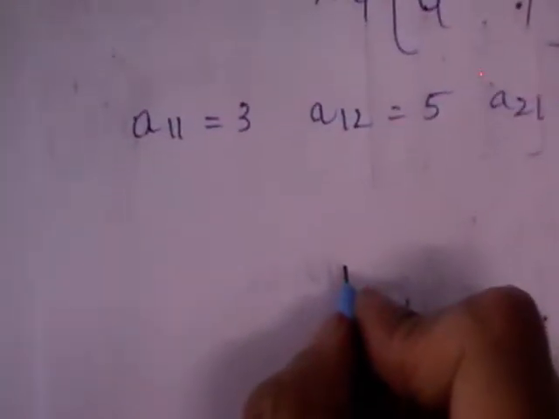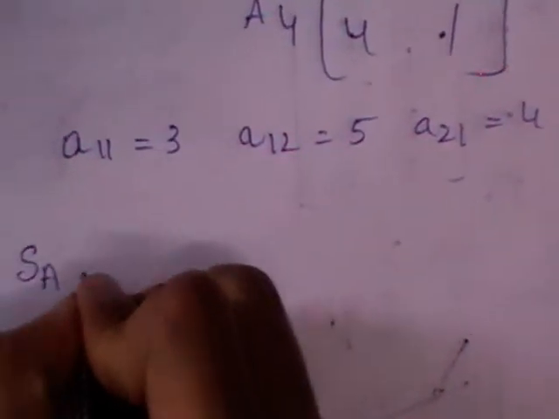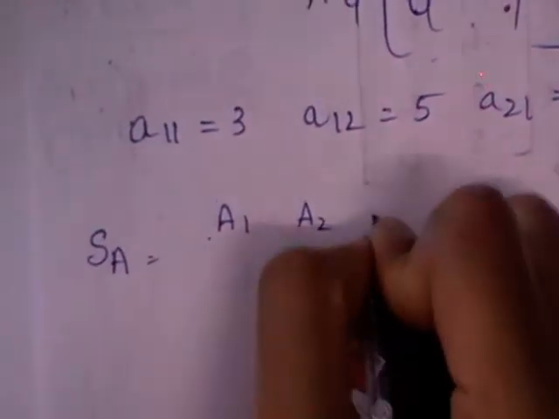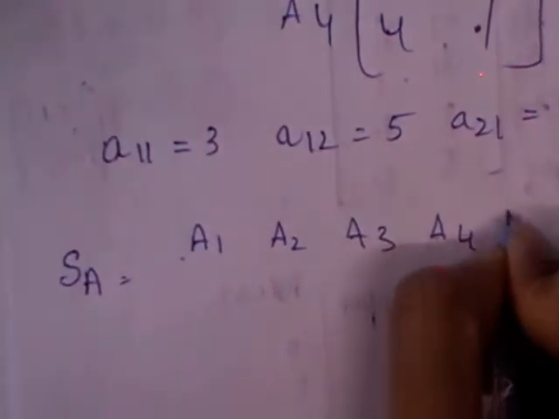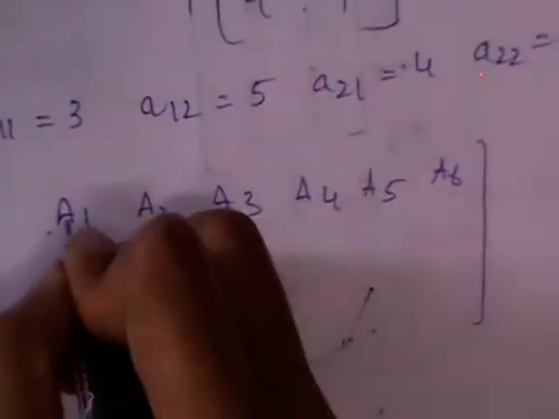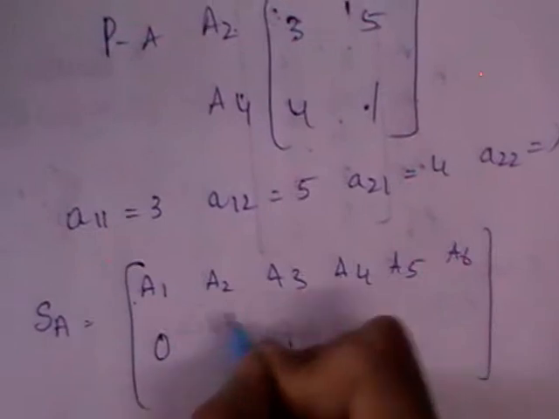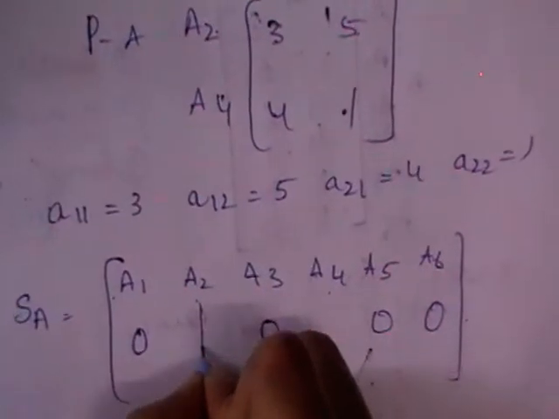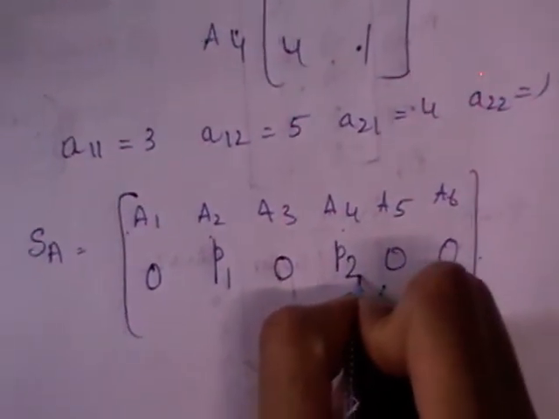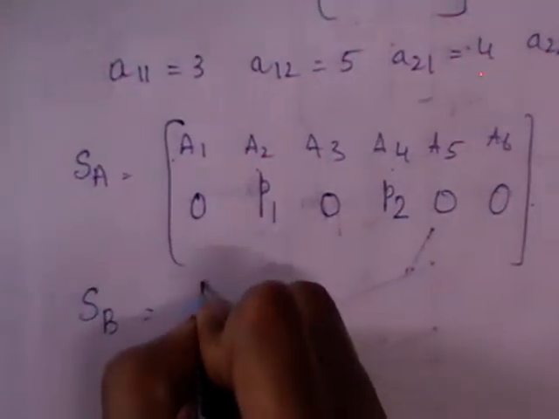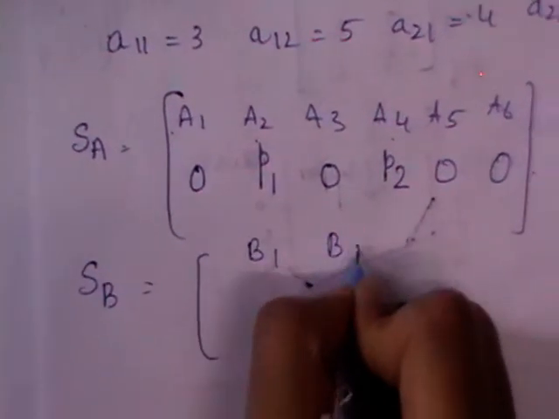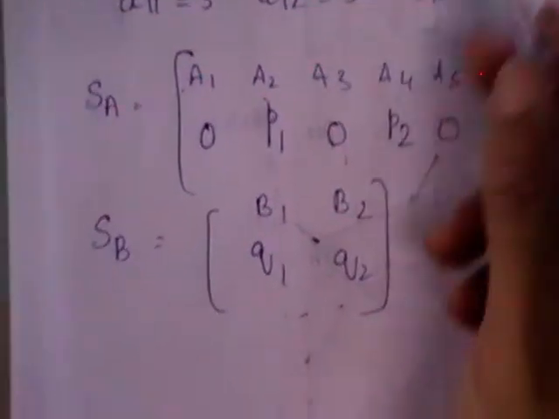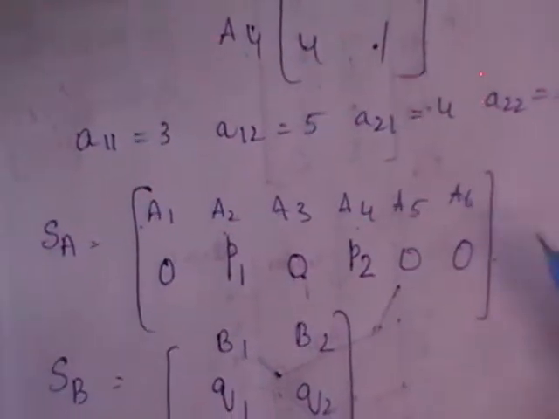So what are the formulas for mixed strategies? SA consists of the mixed optimum strategies for A. Originally you have A1, A2, A3, A4, A5, A6, but in this 2 by 2 you have A2, A4. Except those, you place all others as 0. For these two, you are going to write P1 comma P2. What is SB? B has only two strategies, B1 and B2. You are going to write that with Q1 and Q2. Got it? As A2 and A4 are in the 2 by 2 payoff, the remaining all have probability 0.